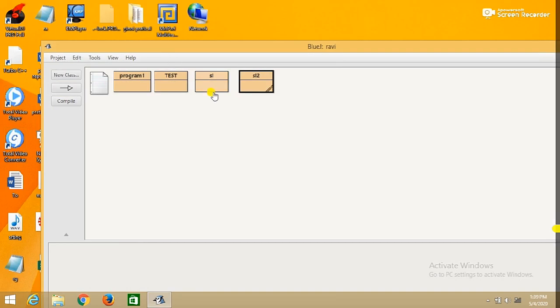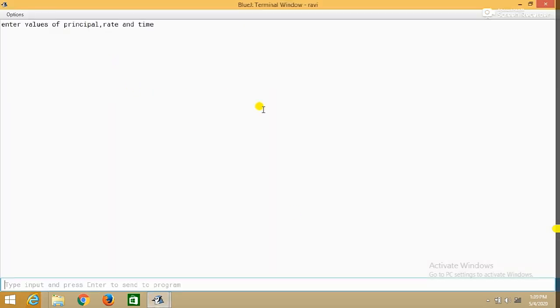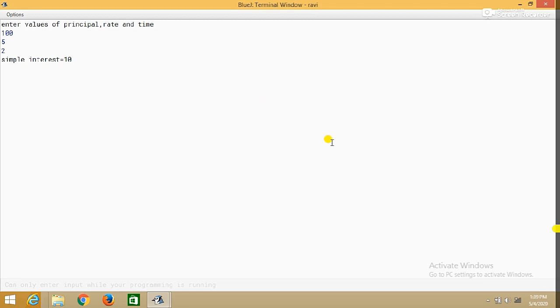You can see it is demanding principal; the same values I am taking, 100, rate 5, time 2, simple interest is 10.